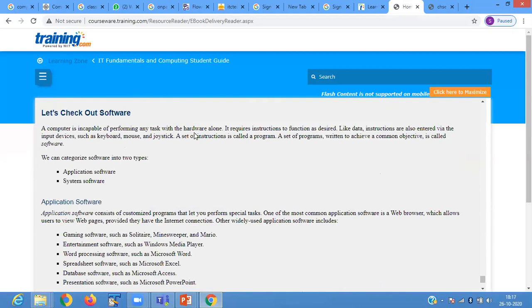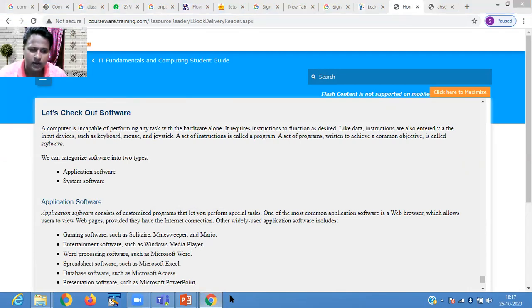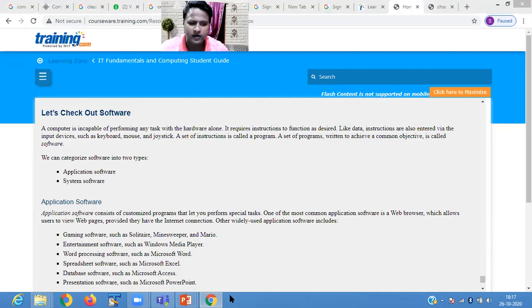Then let's check out what software is. A computer is incapable of performing any tasks with hardware alone.